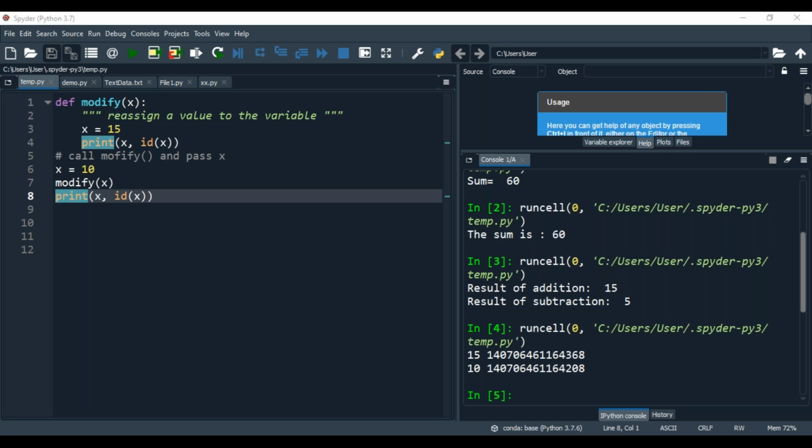Any more doubts? Understand each and every parameter?